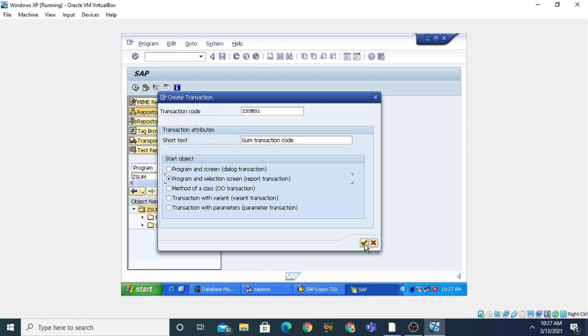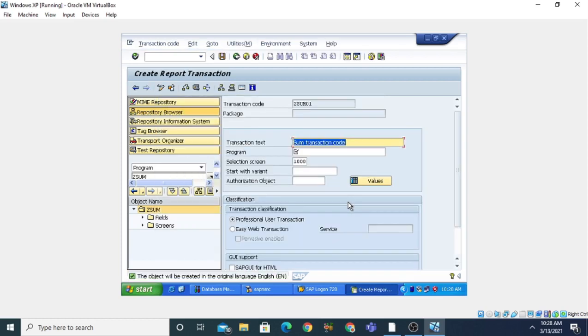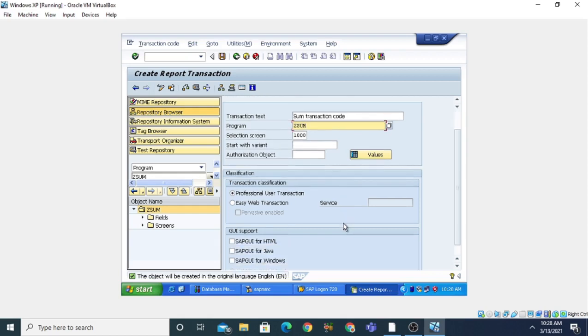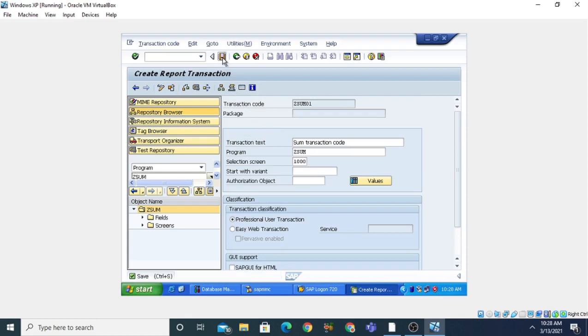Now click on the continue button. It will pop up a window in which you need to write the program name. The program name is ZSum. The default selection screen is 1000. Now we need to select the GUI support for this transaction code, and the GUI we are using is SAP GUI for Windows. Just select it and click on the save button.